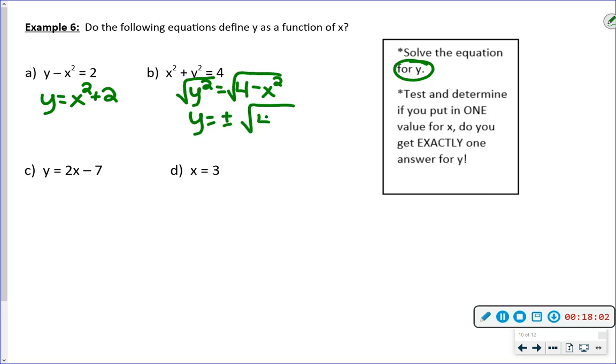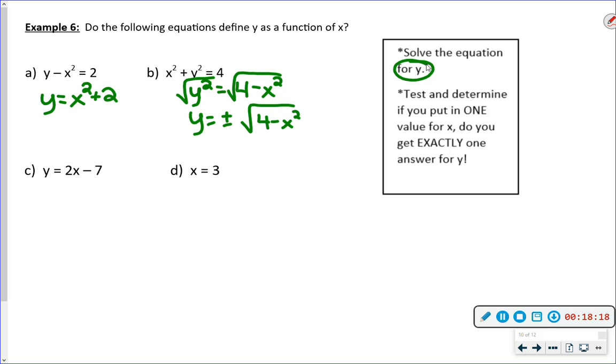I know we want to maybe square root out the 4 and the x squared, but remember, you can only square root everything if you have a product or quotient, not subtraction or addition. Okay, so make sure they're solved for y. Start with that. Now, test and determine if you put one value in for x, do I get exactly one